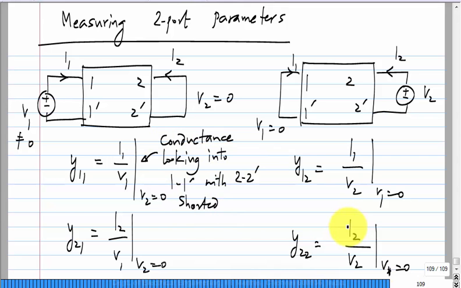So this Y21 and Y12, they are also ratios of current to voltage, but the voltage is somewhere and the current is elsewhere. In this case, we apply voltage here and measure the current there, and in the other case, we apply the voltage in port 2 and measure the current into port 1. Now you can see, even without knowing a lot about circuits, this is the kind of description that you would have for an amplifier and so on, right.